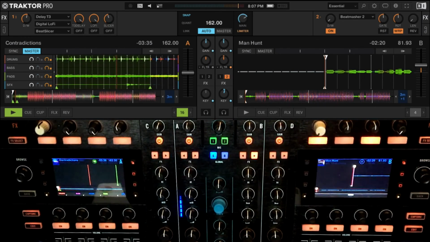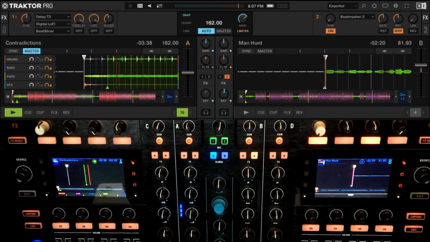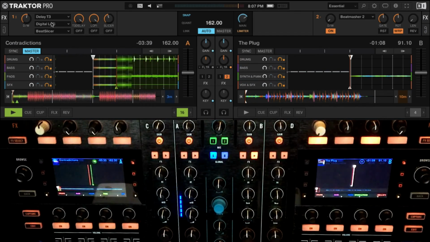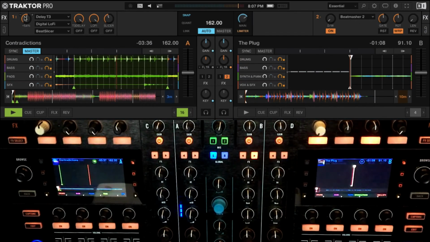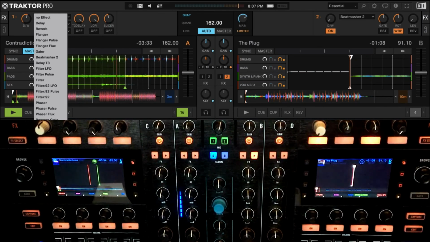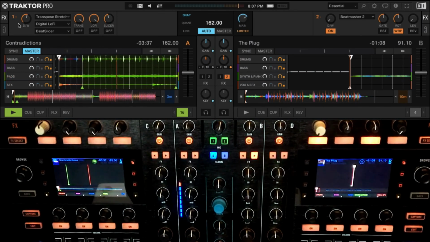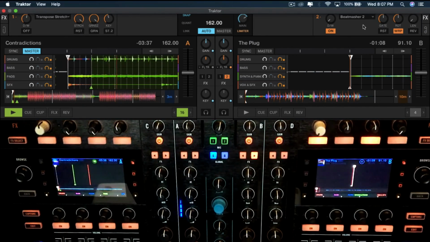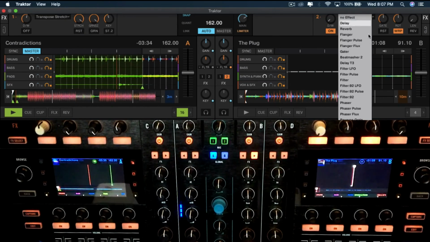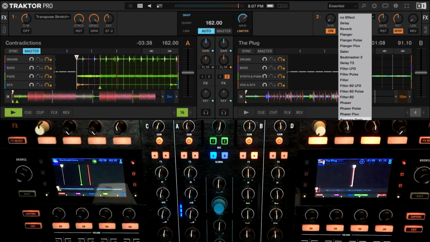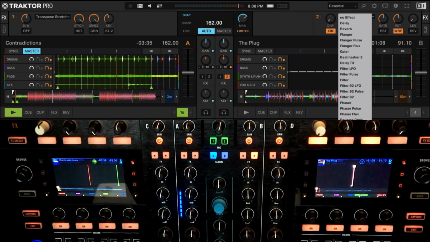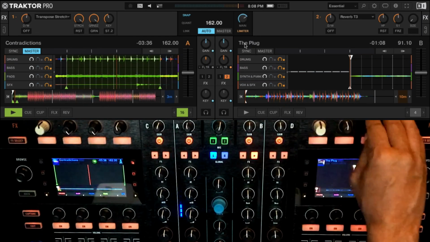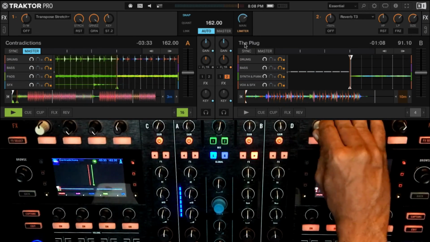Like, let's say, for example, we have 192, and let me load this 91 BPM track here. So let's say here, I want to do a drastic switch between these two genres. So let me load a transpose stretch on this side. Let me not go into group. Let me go into single. Okay. And on this side, I am going to have, let's say, a reverb. Let's have the reverb T3. So I'm going to have this reverb set up in a way that it's going to give me a huge tail, basically.